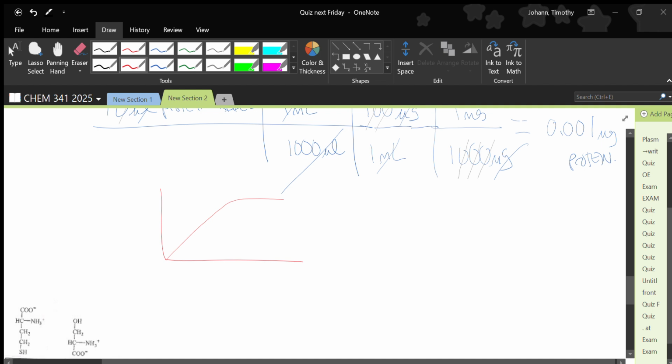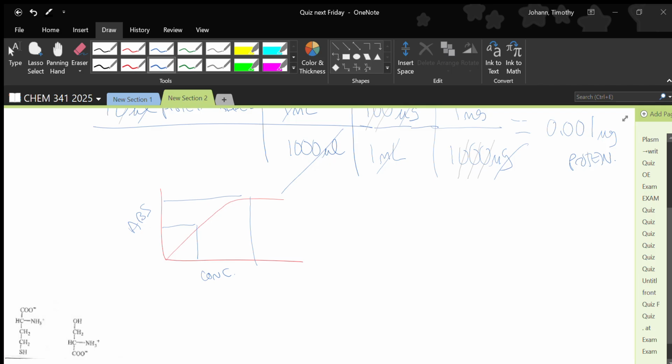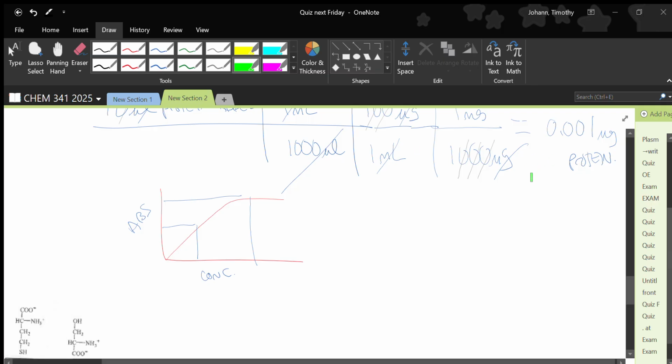Okay. So what you need to do is, when we think about your absorbance and we think about your concentrations, you did dilutions because you wanted something that landed here, not up here. Right? The reason why you had to do 3 dilutions is you needed something that landed in the middle of this curve. Does that make sense? So you're going to pick a dilution that landed in the middle of the curve, or didn't land up here, wasn't too high. All right, let's say it was a 1 to 10 dilution. What that means is, if this was a 1 to 10 dilution,